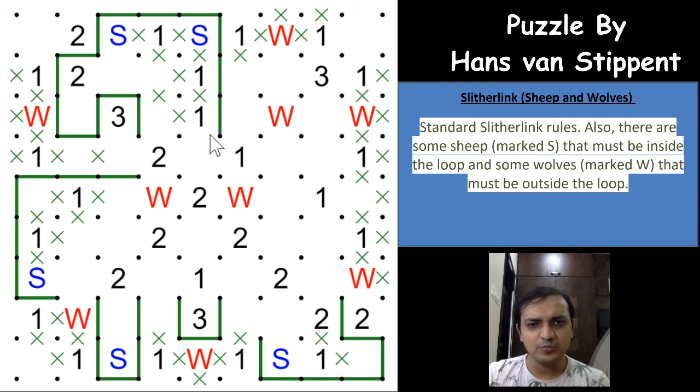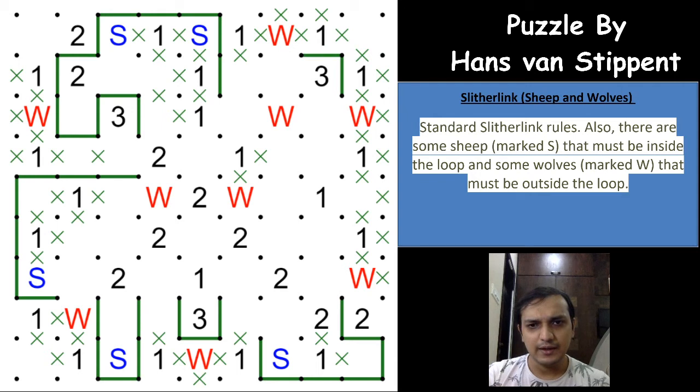So when you have a loop this way, this endpoint will either go towards the right or down, and even if you have a loop here, this endpoint will either go towards the right or down. In both the conditions, this one is fulfilled in these two places, and we can cross out these two cells, right? Excellent. And if you see now, we have missed some easy things here. That is, this one cannot be these two cells, so both are crossed out, right? So the 3 has to be in this direction.